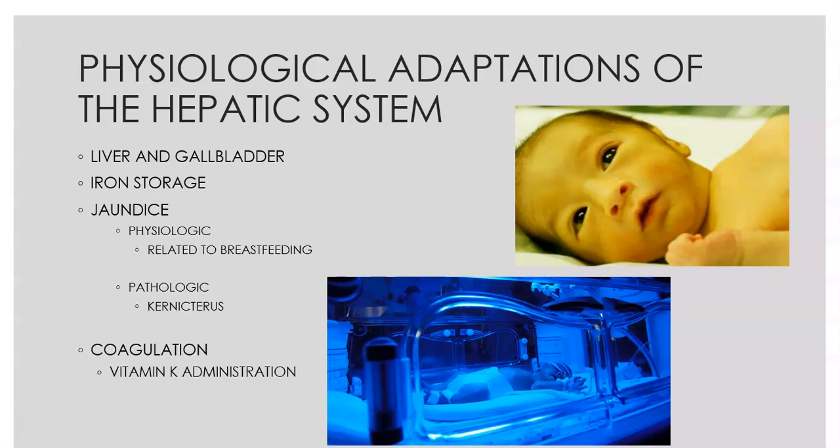So the reason babies get jaundice can be for a variety of reasons. When we're talking about the physiologic reasons, sometimes it's because they're preterm. Sometimes it can be related to breastfeeding, and it's not that the breastfeeding specifically causes the jaundice. It's because bilirubin is excreted from the body through stools, and oftentimes breastfed babies don't have as many stools, or the body doesn't have as much of an amount of stool, so they're not excreting it as fast as a baby who's formula fed. What we do get concerned about, though, is pathological jaundice.